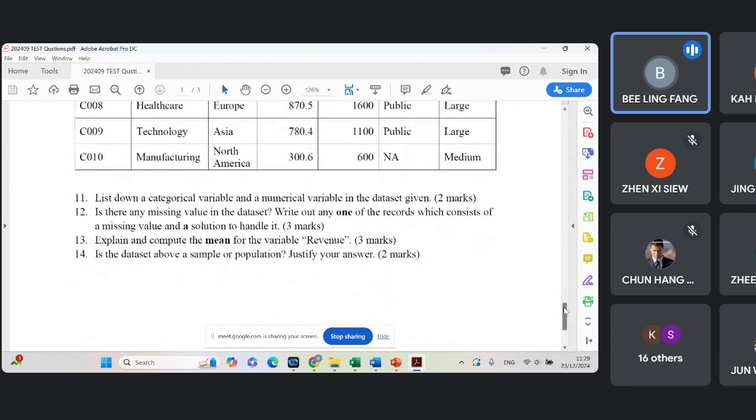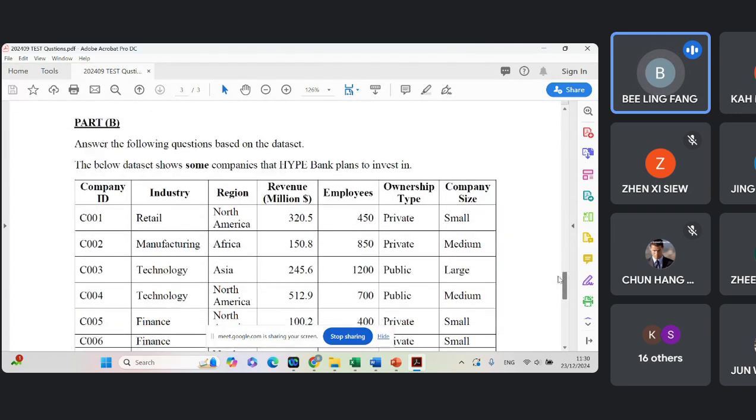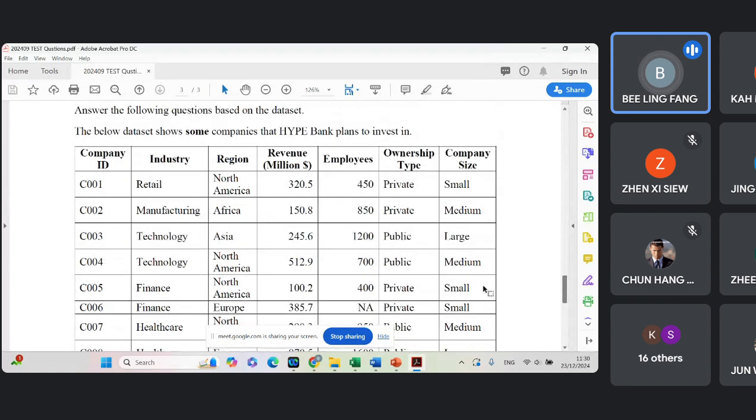And then write one of the records which consists of missing values. When you write one of the records, you should mention the company ID. Some students just give me this example, this one got an A, right? You have to give, okay, the company ID is C006, consists of